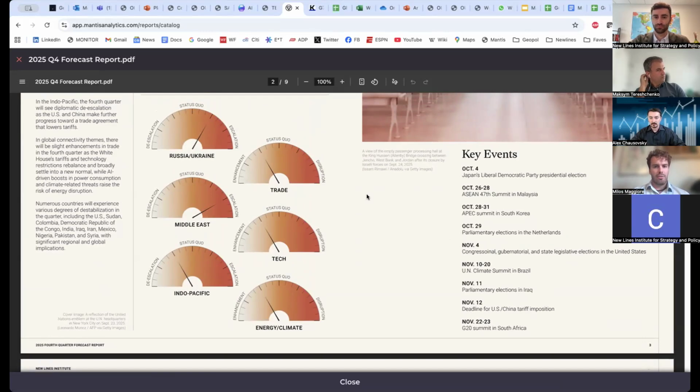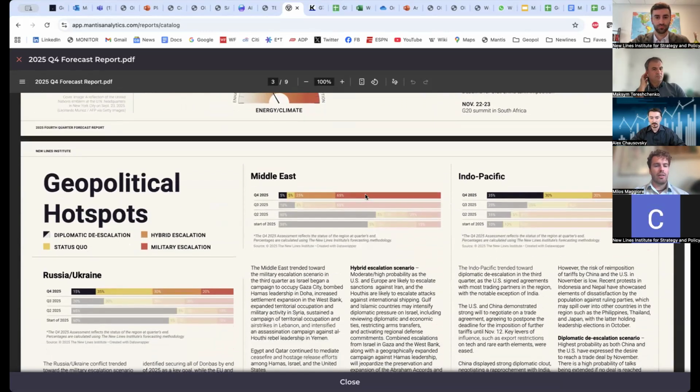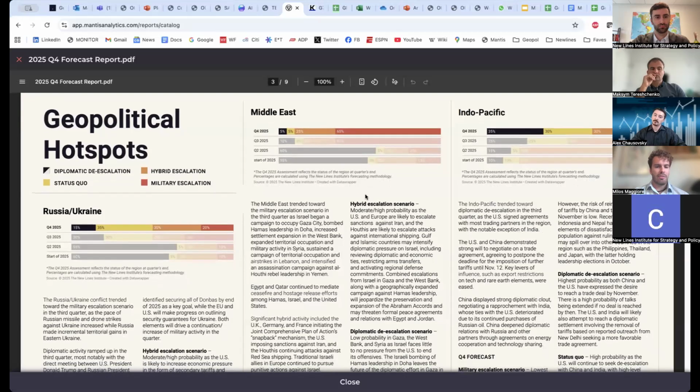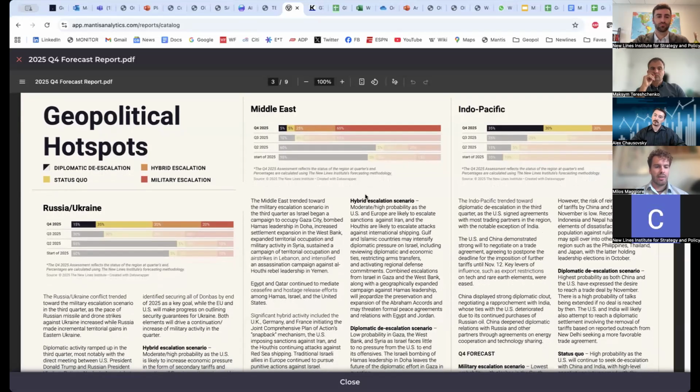Scrolling down, the report opens up into the geopolitical hotspots. So as I mentioned, these are the big three. Now, there's a few things that we offer here. The first being an overview of the situation as it has been in the past quarter as well as the past year, and we do